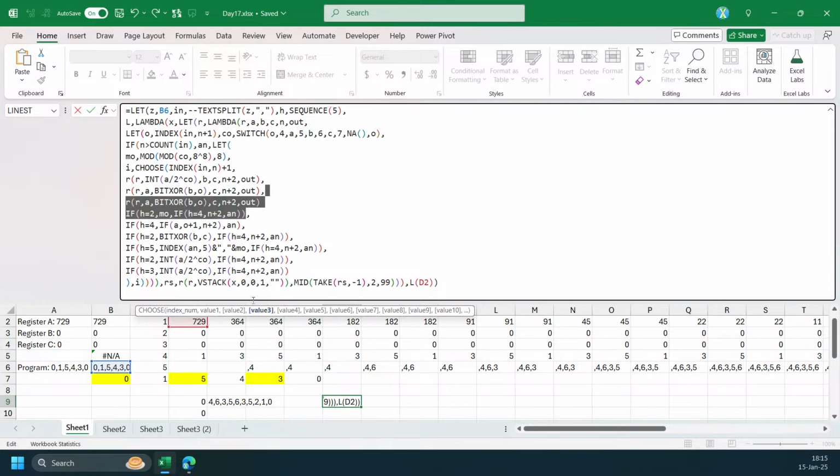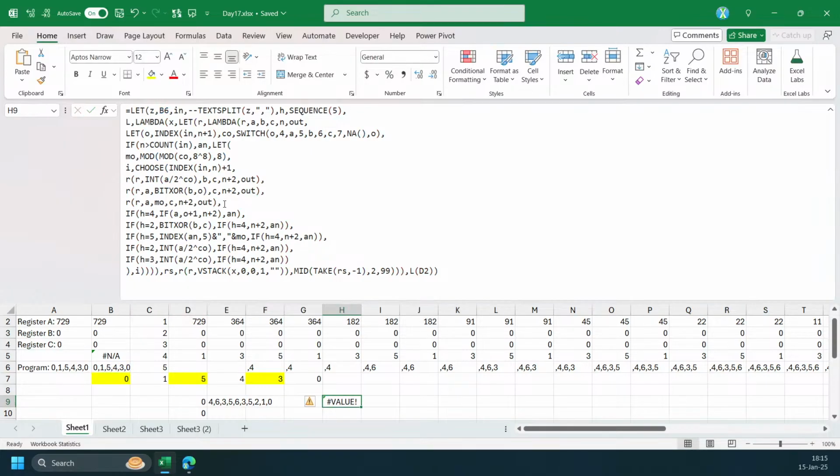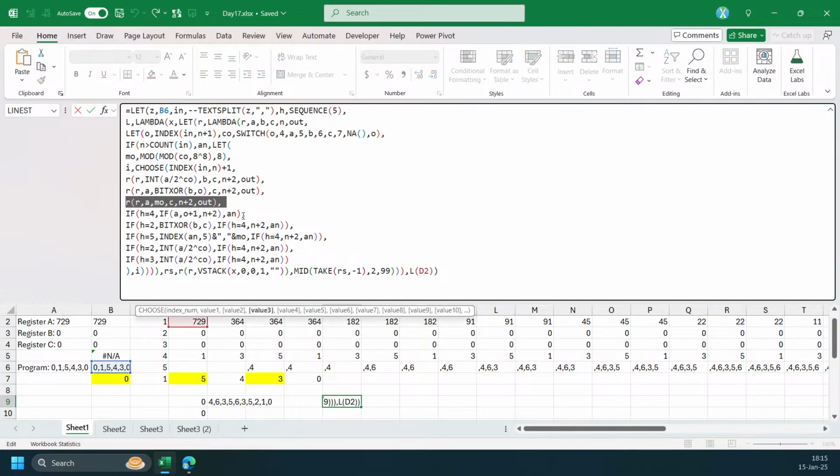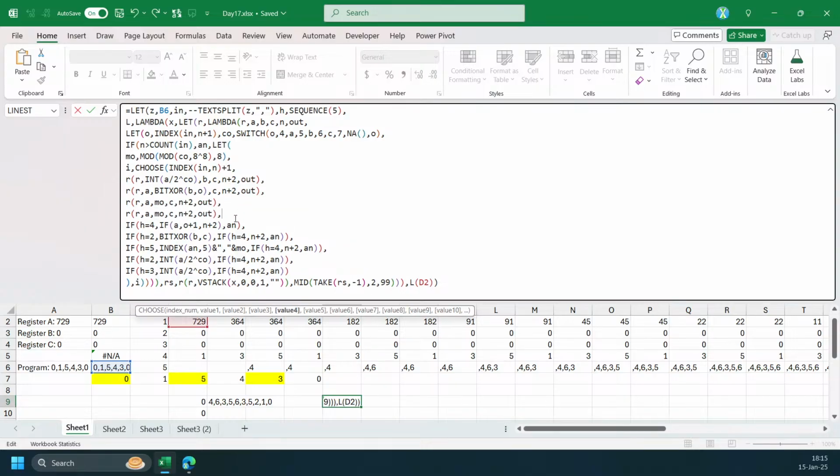So this one will be MO. This one. Next is this one, but this one I change output. So this one should be B, and then output will be out and comma